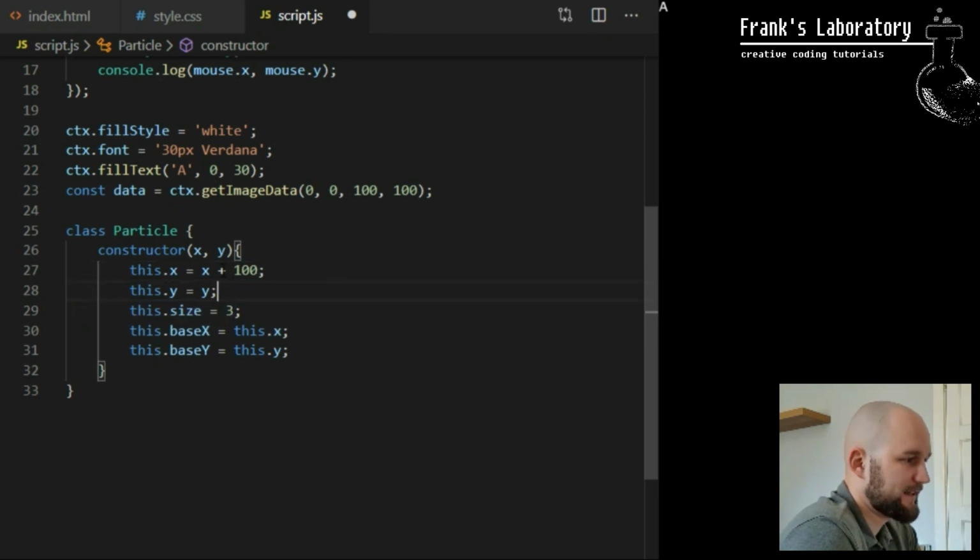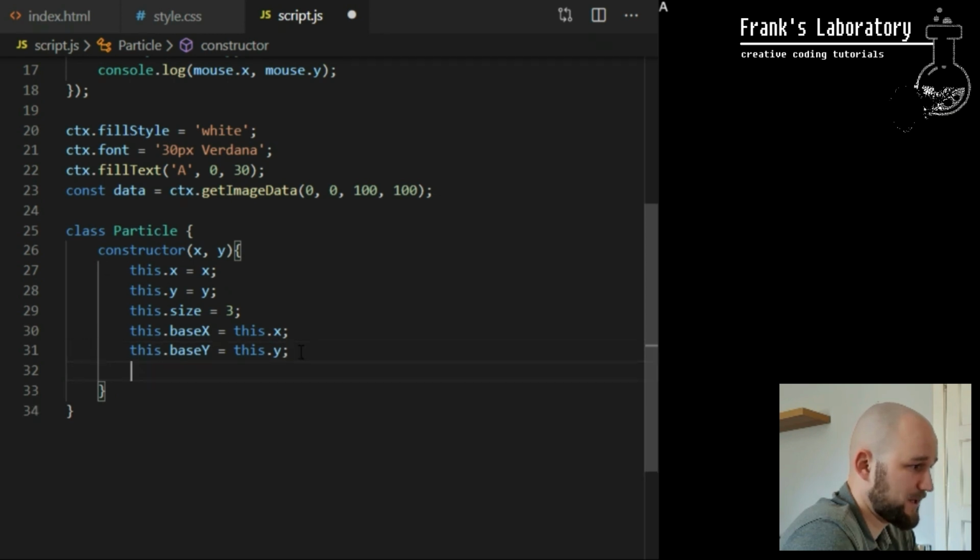Also, I choose to set this.baseX equal to the this.x property from line 27 instead of setting it to the x attribute passed on line 26. It will be the same, but doing this will allow me to modify the starting position of this.x on line 27 like this, and our baseX variable will remember that modified state. It can be used for interesting distortion effects. Not sure if we do it today, but there is no harm if we set up our code base for it anyway.